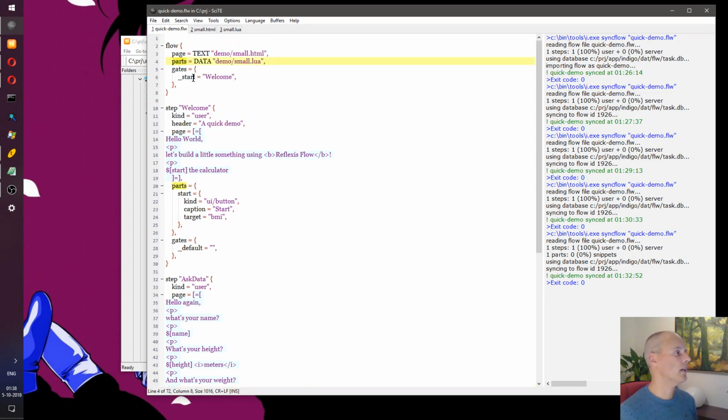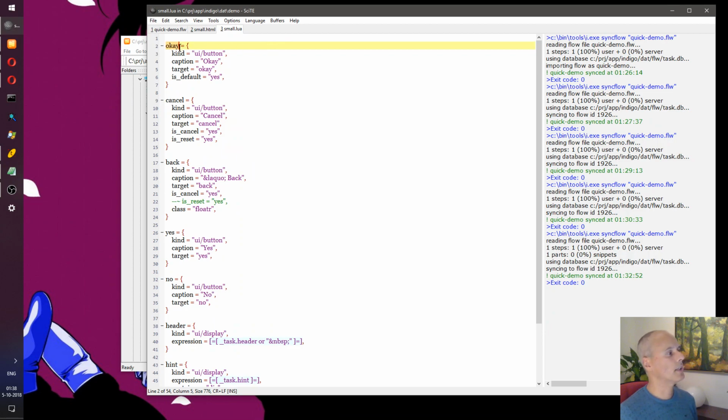So I'm saying, this flow knows about particular parts, so particular components. And the components are here. So there's a component called OK, and that's a button with the caption OK. And if you select it, it'll choose a particular exit point from the step. So any step can have exit points, and choosing an exit point means it routes, it jumps to a particular other step. So that's the way routing works. So here's the cancel button, and it chooses the cancel gate, etc.